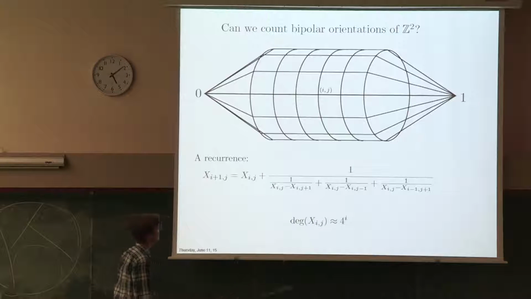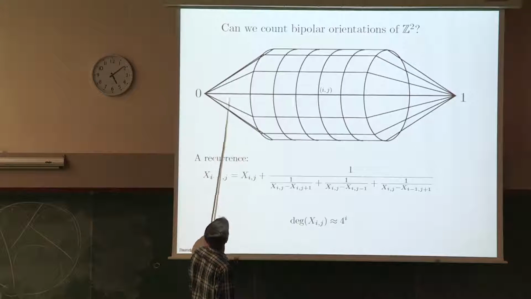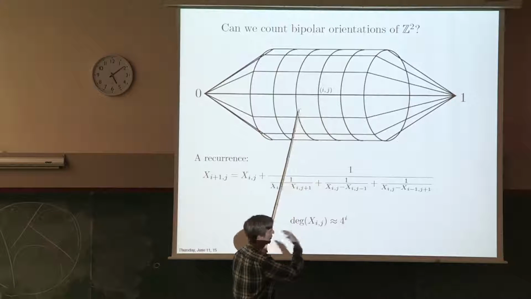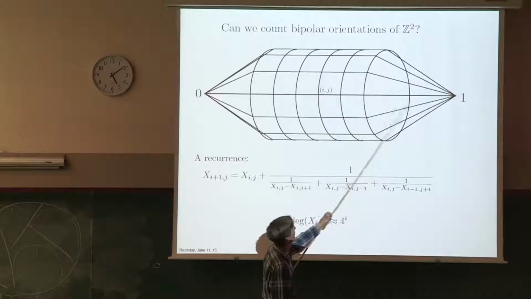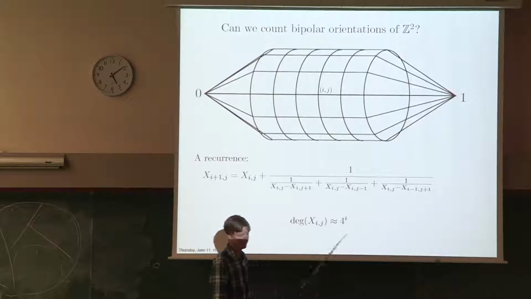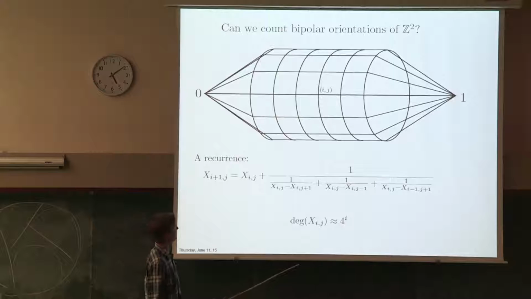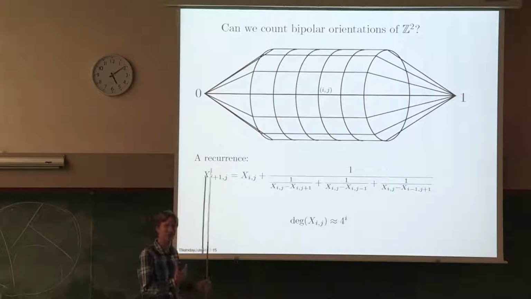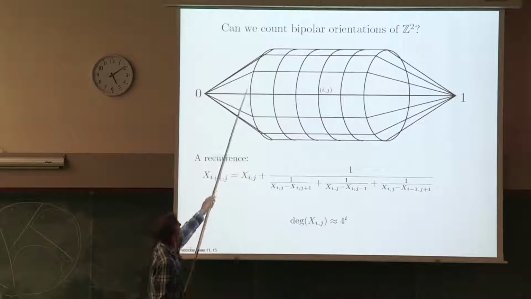Here it is, explicitly. Starting from some values on the first row, you can use the recursion to go all the way across with this composition of rational functions, and at the end, you have to get all values 1. And so I went through a fairly lengthy calculation, hidden between here, to compute the growth of the degree of x_{ij} as a function of the